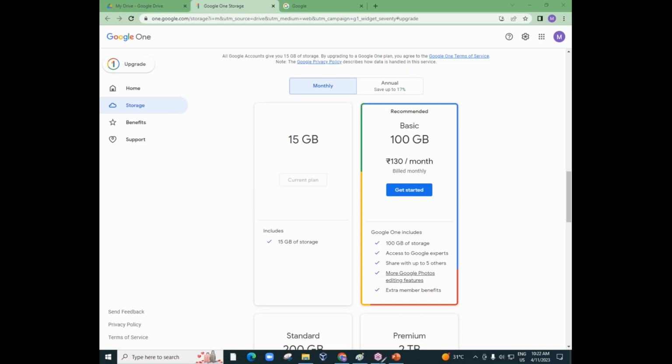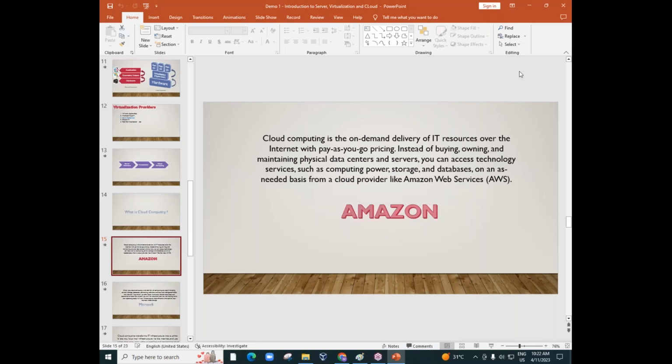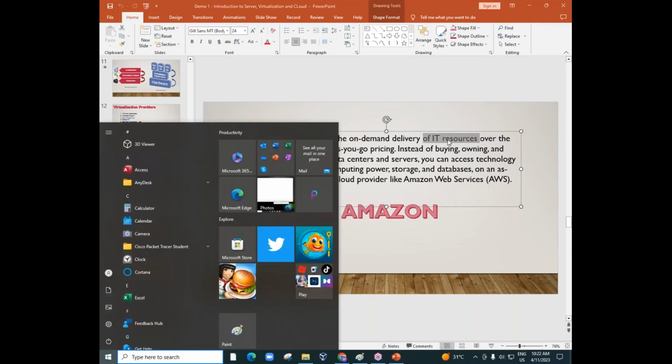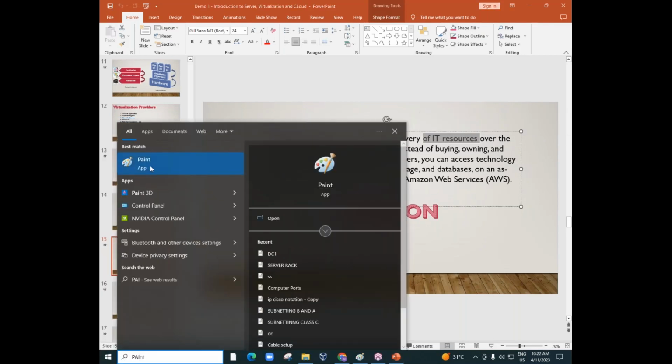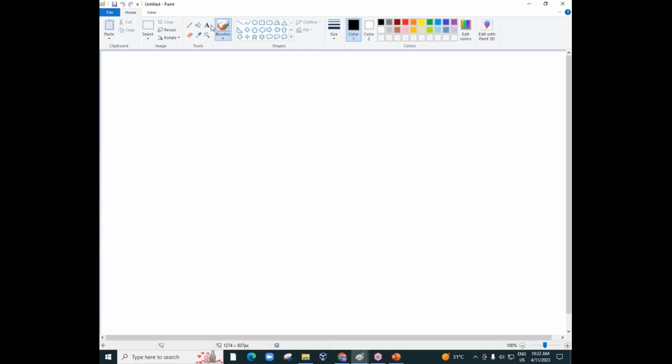So cloud is something that is related to our IT resources. See what Amazon says. Amazon says cloud computing is the on-demand delivery of IT resources over the internet with pay-as-you-go pricing. On-demand delivery of IT resources. So what are these IT resources here? IT resources are